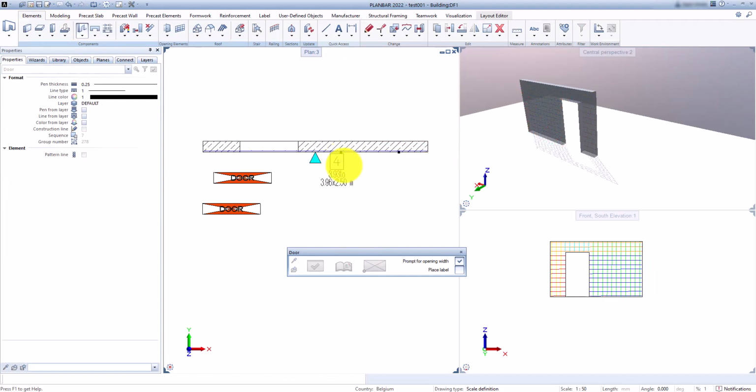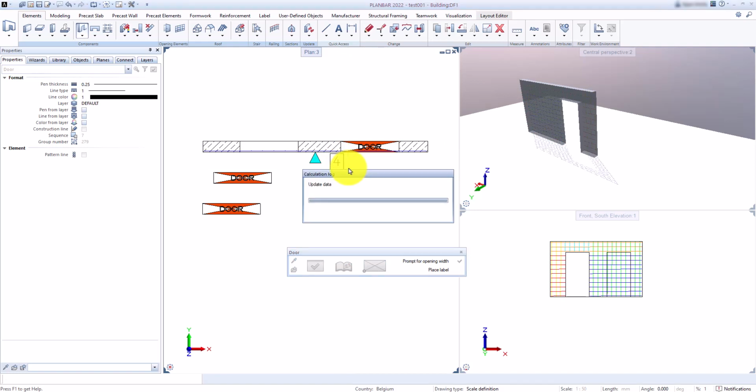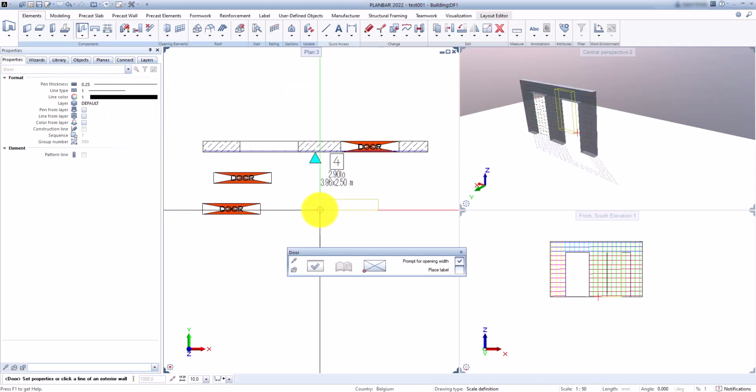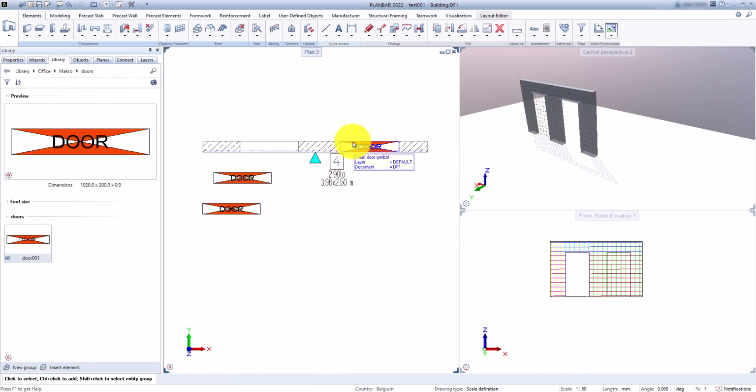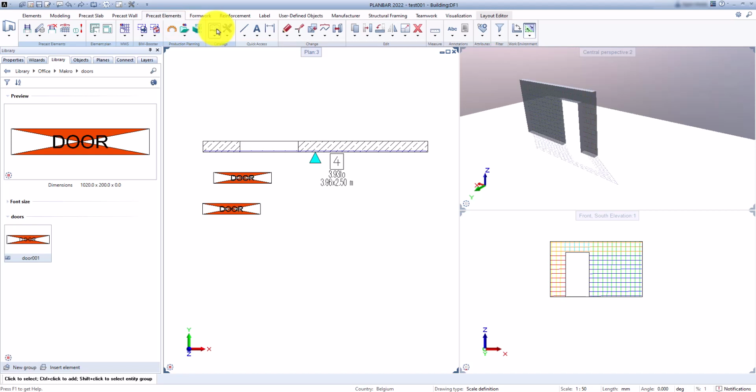As we can see here, the rebar is not cut since we left a few options off in the fixture catalog. So let's adjust this.